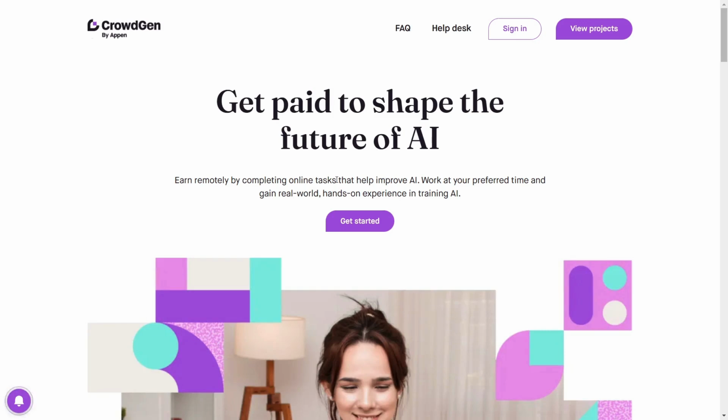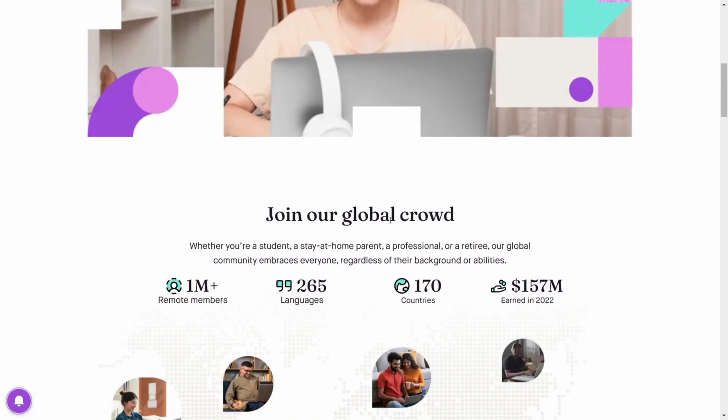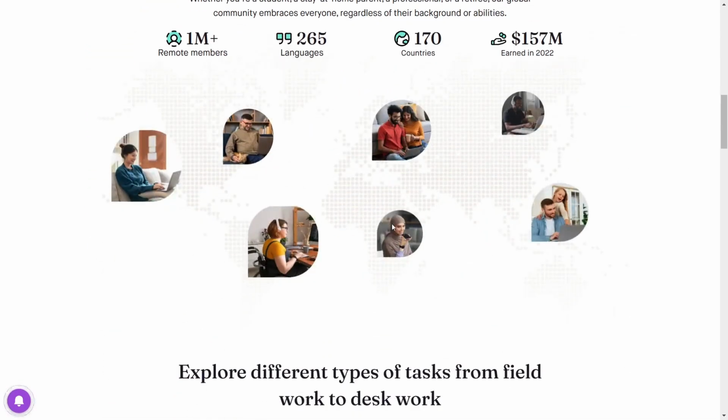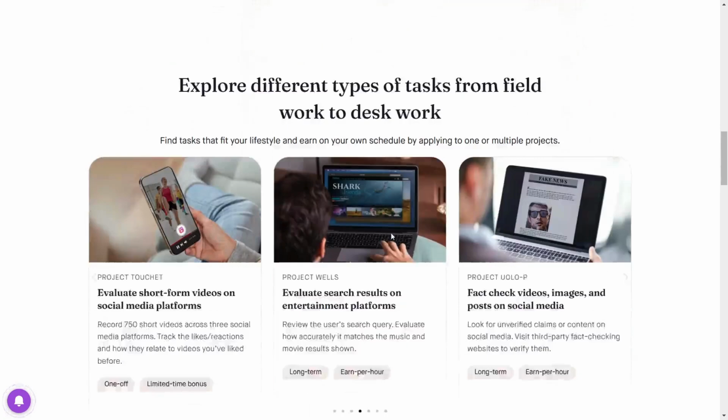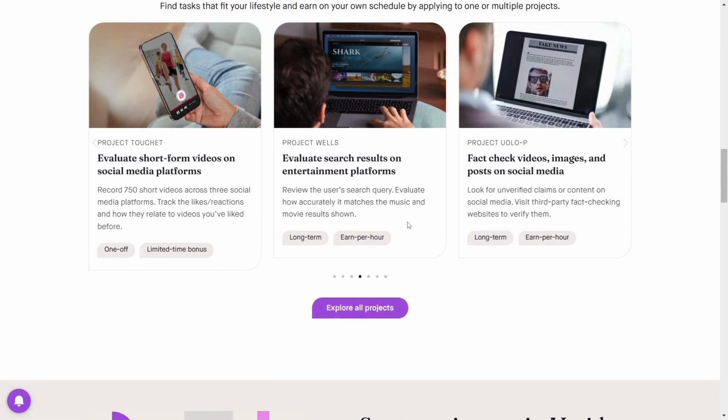So guys, I have this site today, it's called CrowdGen. It's a company for Apple, and most of their jobs you just train AI. As you can see, they've said get paid to shape the AI, shape the future of AI, and they have multiple types of jobs, all the way from transcription to,